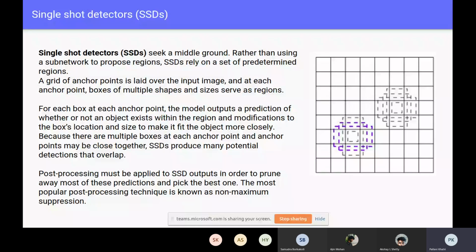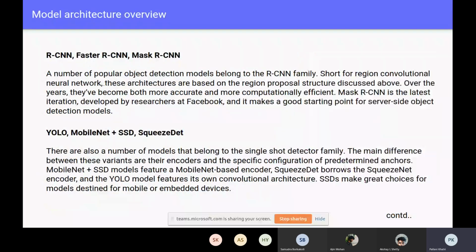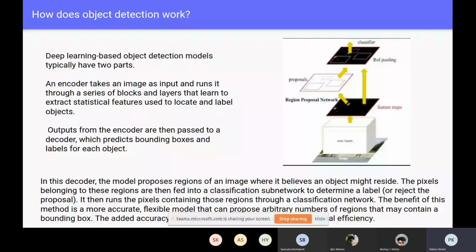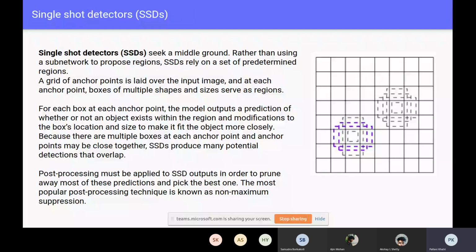If the object is there, then it is classified. So these are the three types of deep learning based object detection models which we learn. Now I'll tell you about some families which belong to these classes separately.